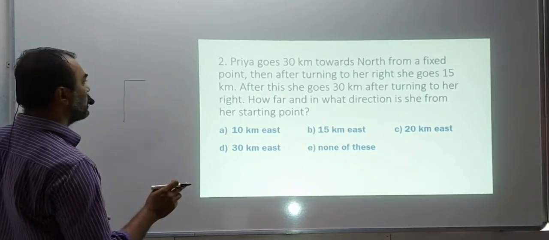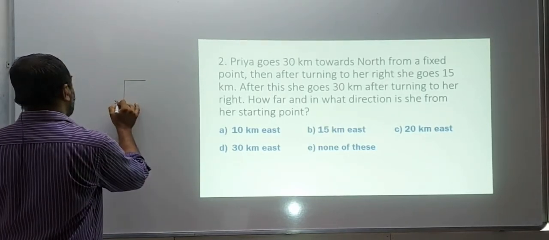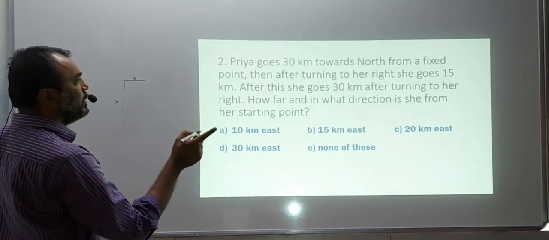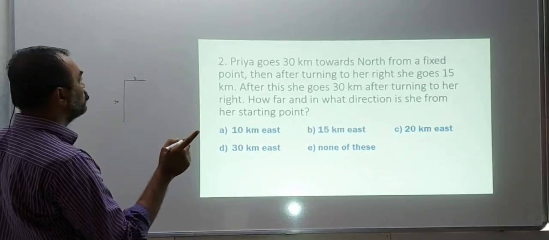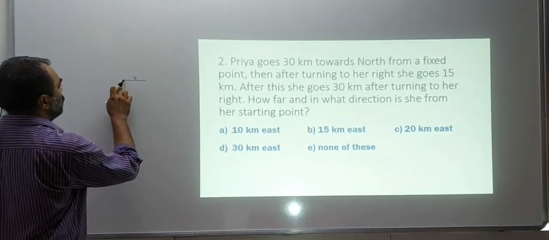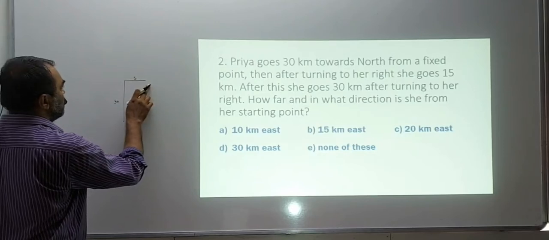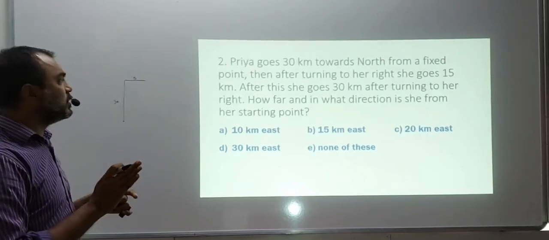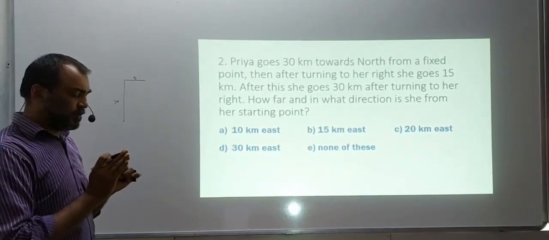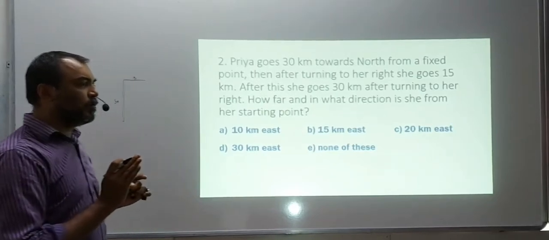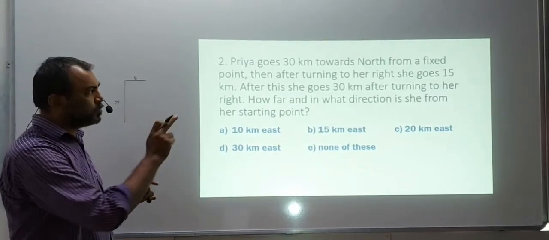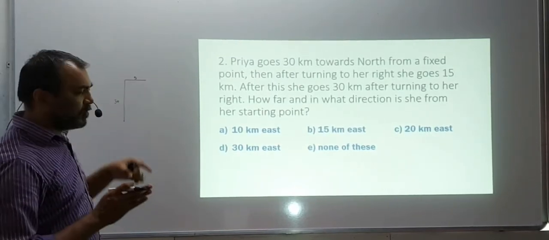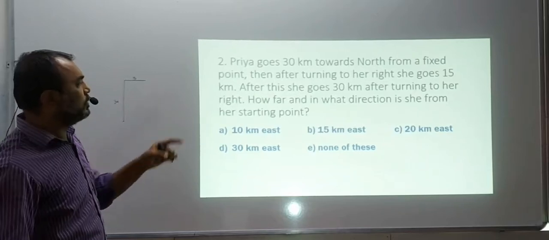Now again she turns to her right. So she had gone 30 kilometers to the north, 5 kilometers to the right. So now from north they are saying right, not east or west. From there she goes. So when you go north and you go 5 kilometers east, if you say 5 kilometers right, right and east are different because it depends in which direction you are standing. If you are standing like this and you go east, then this is east. But if you go right, then again you are turning towards the south. So the word north and right you have to see. Now after she turns right again, means now you are going like this, so right is on the downside. And how much she walks?